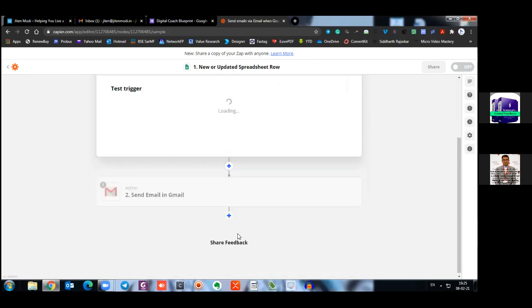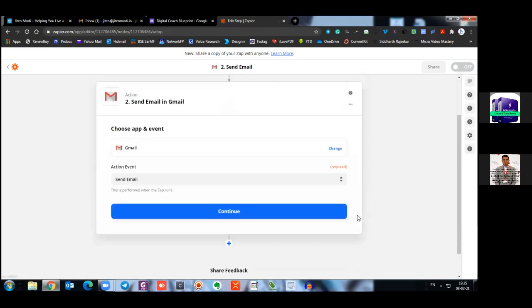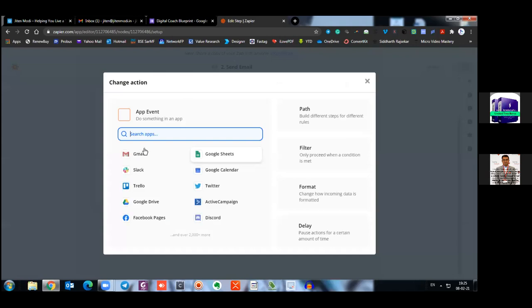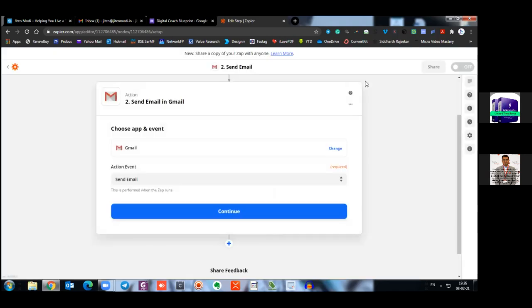It is fine, continue. Now we have come to the Gmail part. Now Gmail, again, we need to do the same. Whichever ID you want to use from Gmail. If you are using the same ID, it is fine. If you are using some other Gmail ID, you can use it in that way. Now here it is saying send email. We want to send email and we are clicking on continue.